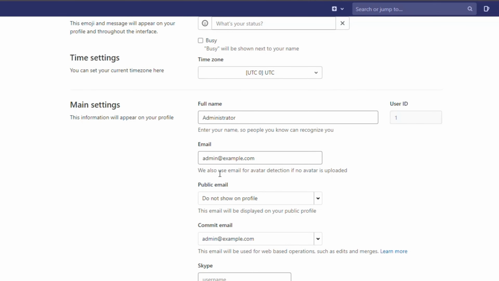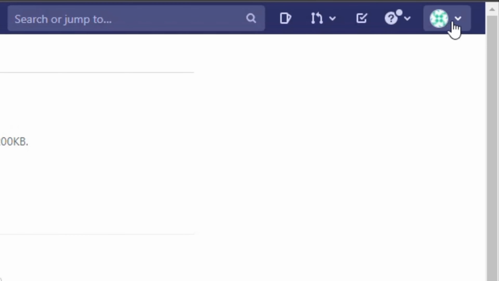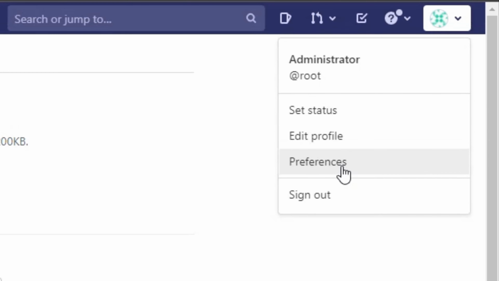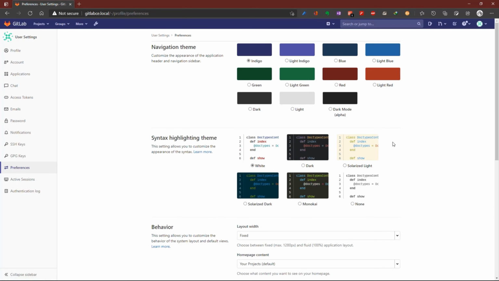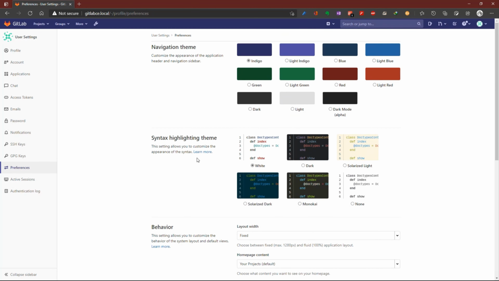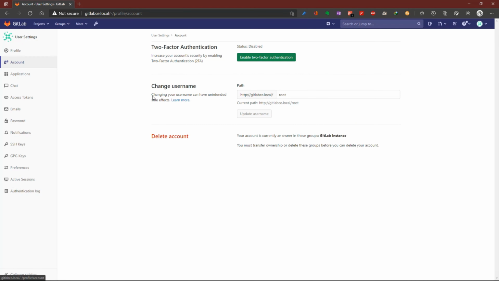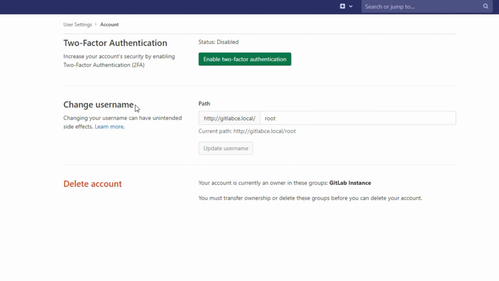We can change our email. On the preferences, we can change our theme, behavior, but what we need to change is on our account, change username.